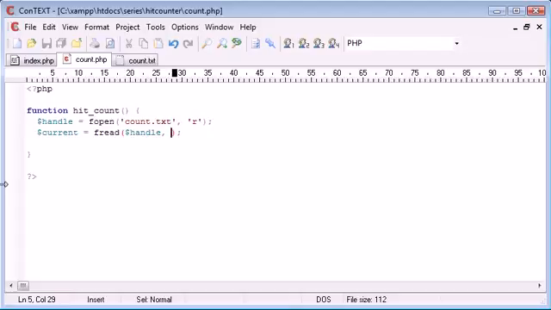So how are we going to go about reading this? We don't want to read too much and we don't want to read too little. If you've already seen the file handling tutorials, you'll know that we can use the filesize function, which we can put in here, to read in a specific